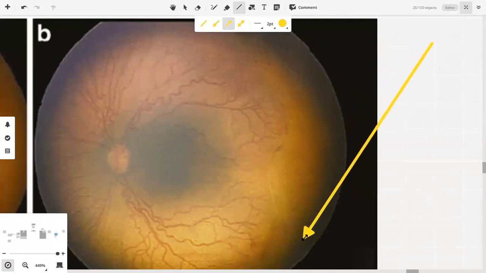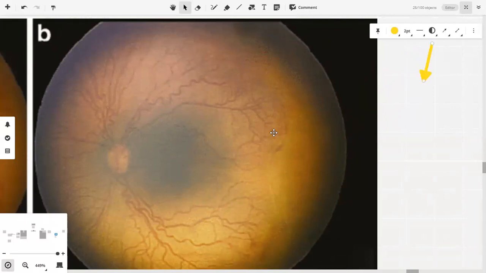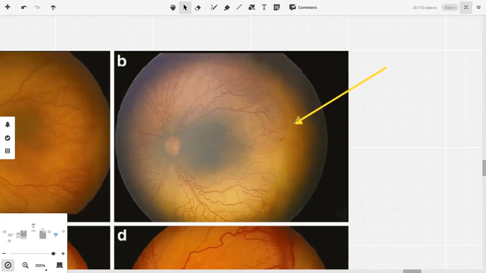This is the temporal part of the retina. Can you see this ridge? Yes. If I increase the resolution it will start pixelating, so look from a little distance. Can you appreciate that there are red spots all around here? If you cannot see red lines, at least there are red spots